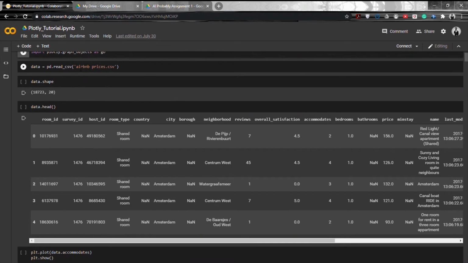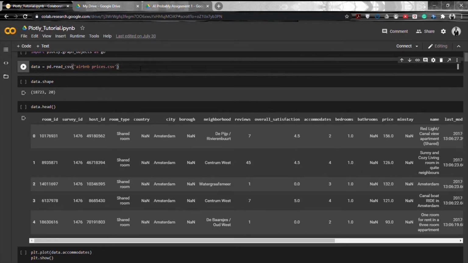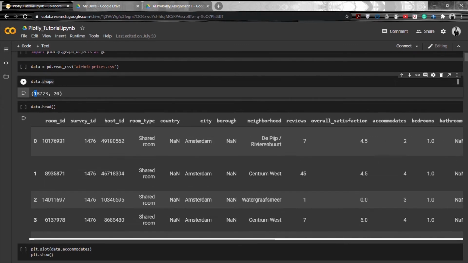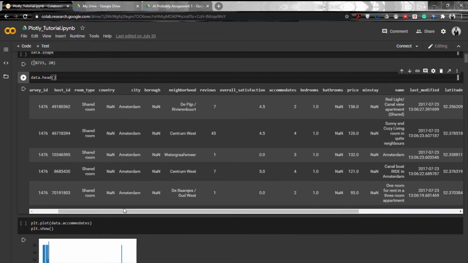Here we'll be using a real data set and not just any dummy data set. We'll be using the Airbnb prices.csv data set. Here we can see that the data has 18,723 rows and 20 columns. So the data looks like this.